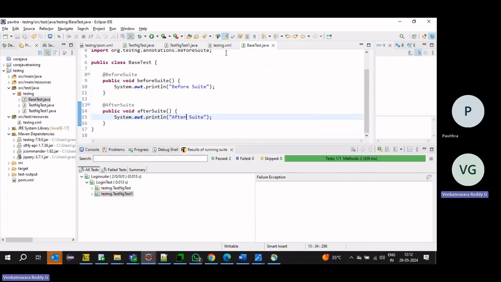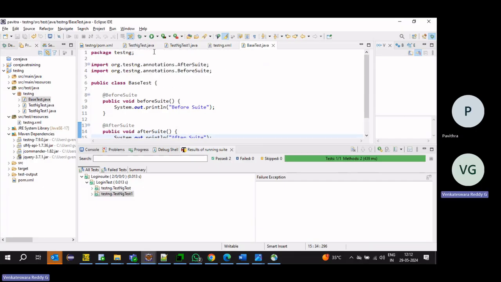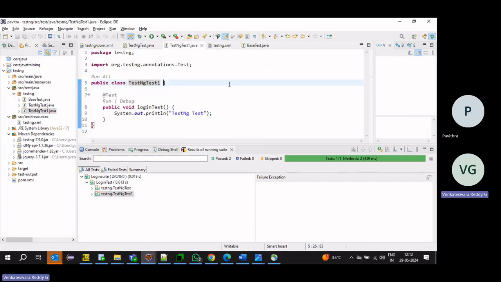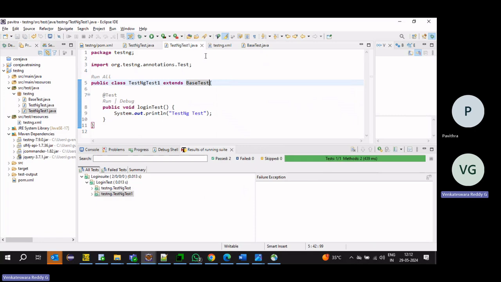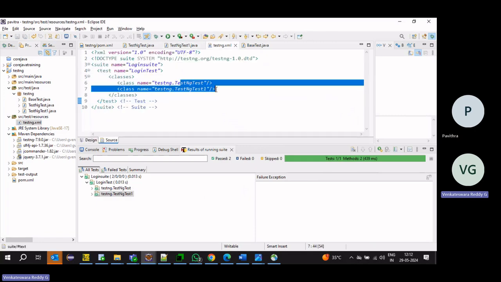Now I will extend BaseTest here also. Now in the TestNG suite we have given both the test classes.